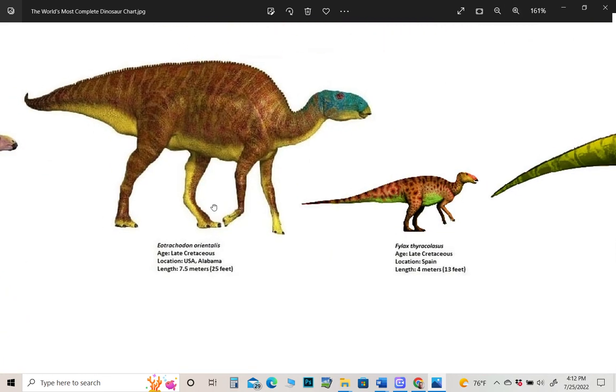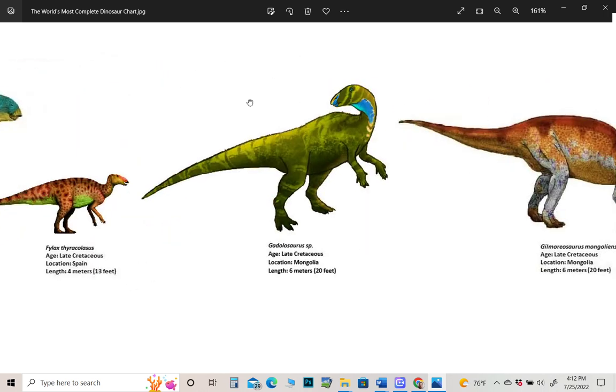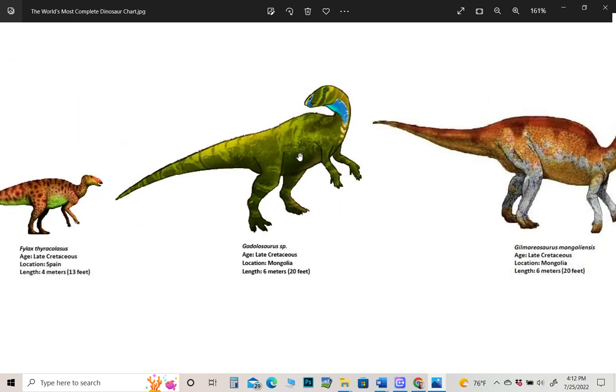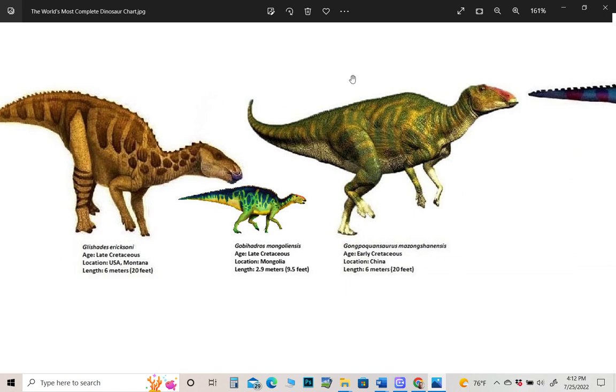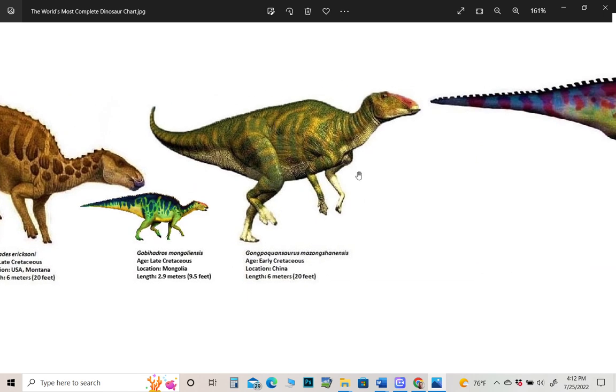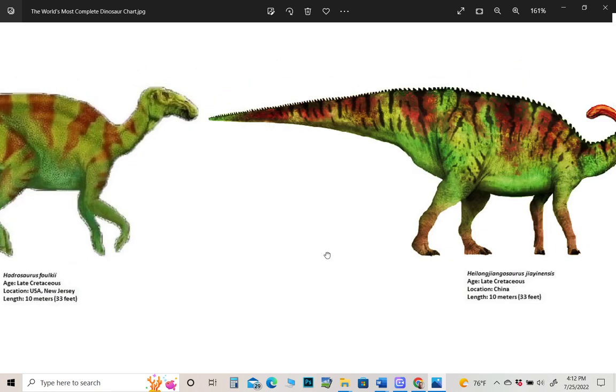Eolambia, Euatracodon, Phylax. Phylax, I think, was discovered last year. Godolosaurus, which is actually a name from a museum pamphlet. I think it's named somewhere in a museum, but I don't think it's an official name. Gilmoriosaurus, Gleeshades, Gobihadros, Gongpoquansaurus, Gryposaurus, Hadrosaurus,